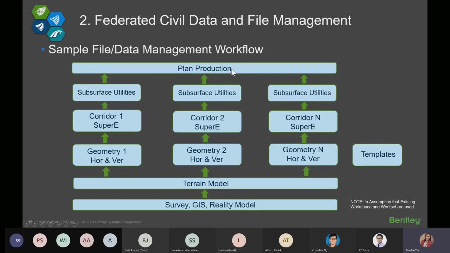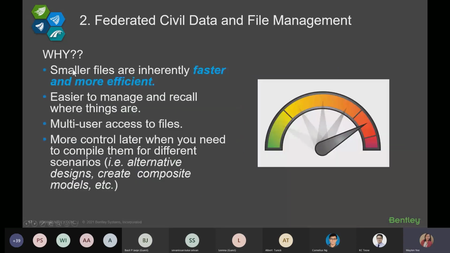And of course, maybe deliverables, arriving at 2D plans, the plan profile or sheet deliverables that you would later on need. Okay. Now, using this kind of approach, which is inherent already in OpenRoads Designer, you make your